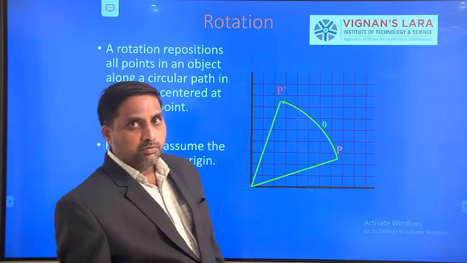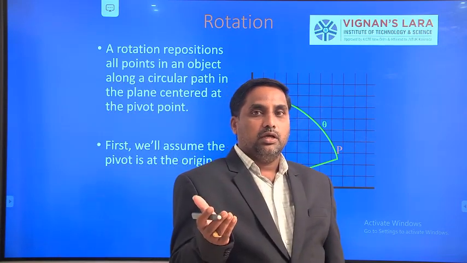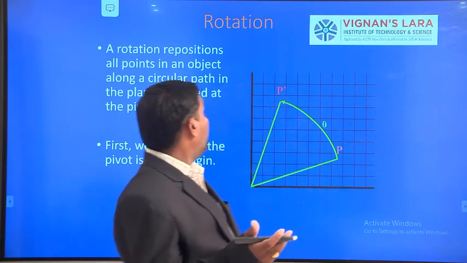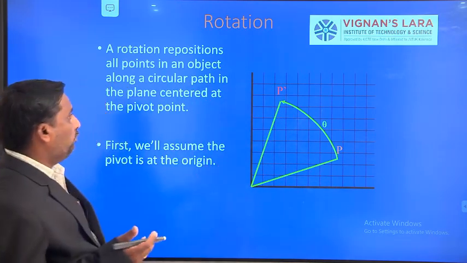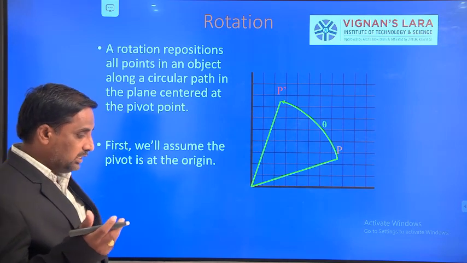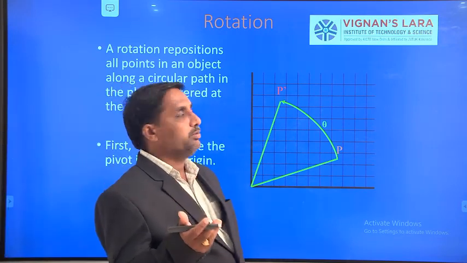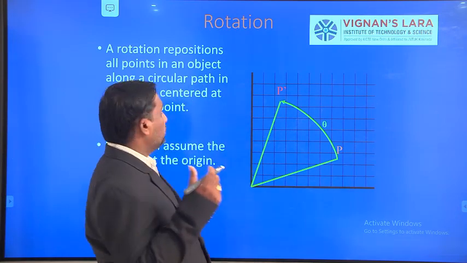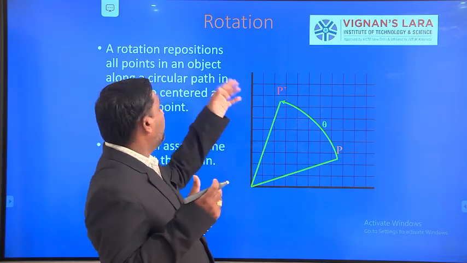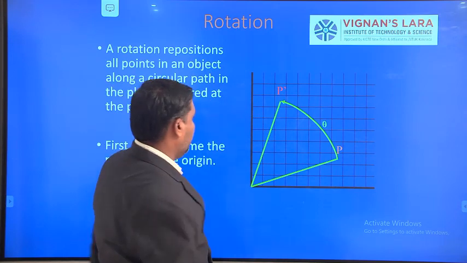Rotation is there. Similarly reflection is there, and similarly scaling is also there, right? And shearing is also there. Scaling's extension is nothing but shearing. There are 5 types of operations overall. So translation we completed. Now the second one is rotation.